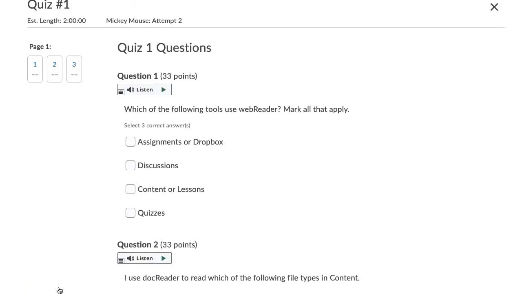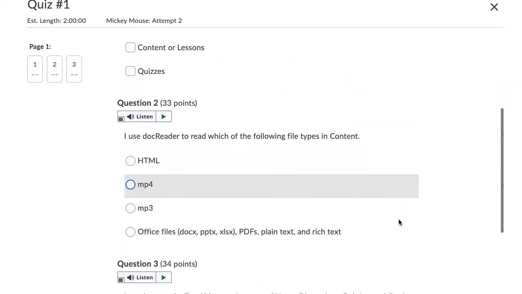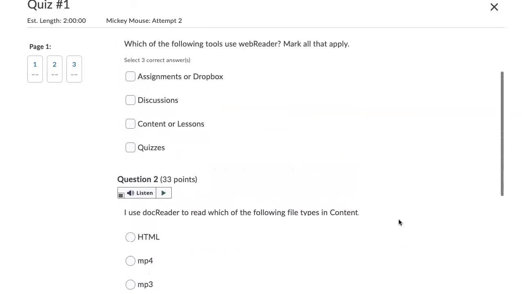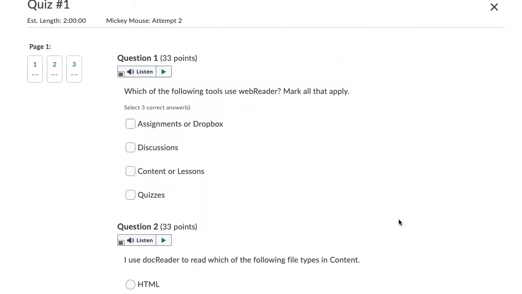We're very excited about it. Notice that we have a listen player, a web reader player, or a listen button, whatever you want to call it, right there on each individual question. Now what's going to happen is if you click listen, it will only play the one question. It's not going to keep playing on down the page. You can combine this with any of the tools on the lower toolbar.